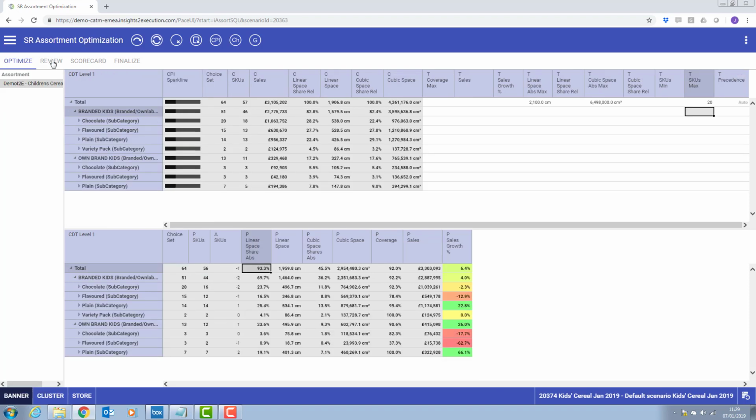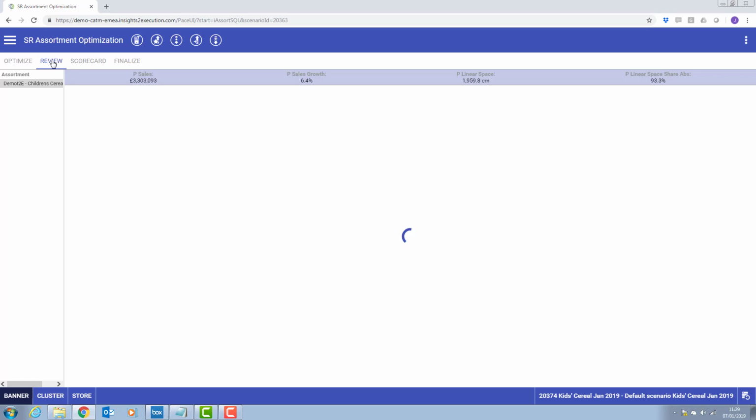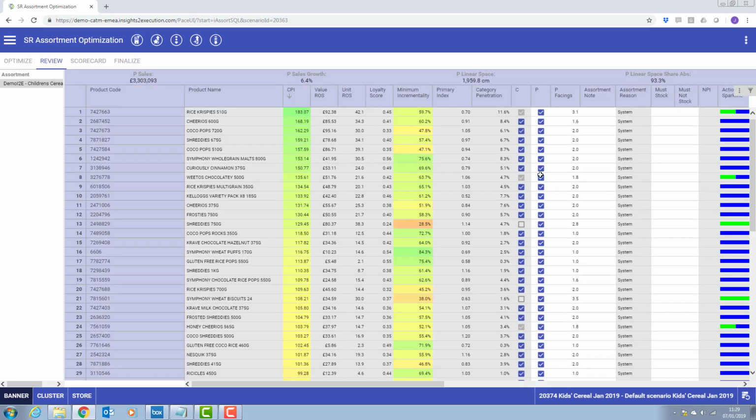The next thing we want to do is to review those results. So if I go to the review screen here, notice that I have the products sorted on their CPI. So the best performing product is at the top and the worst performing product is down the bottom of the list. We have some other key metrics around these products, such as their contribution to the category in terms of sales and volume, their impact from a customer perspective with the loyalty score, category penetration and primary index,